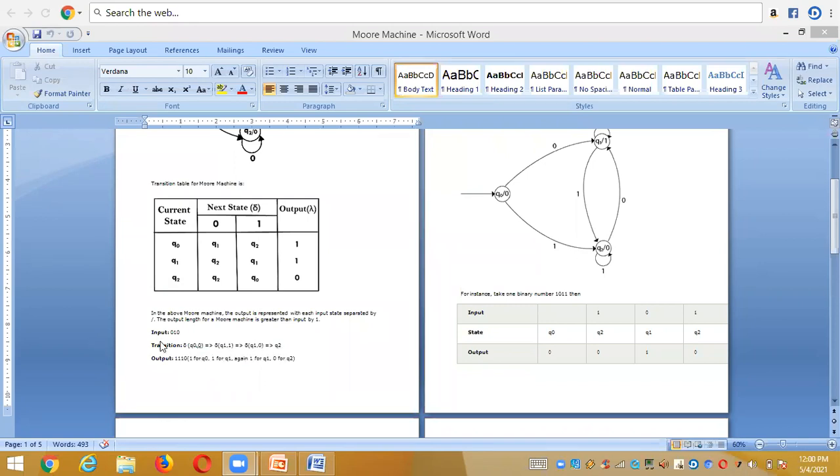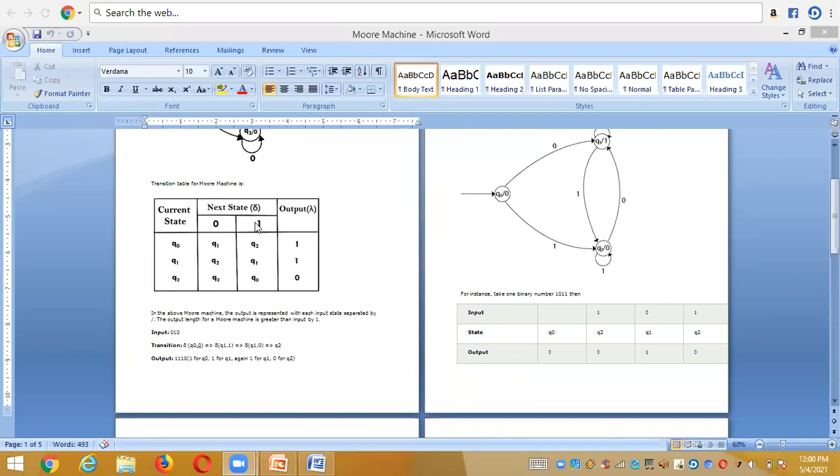That means the length of my output string is 4. Actually the input string length is 3. So here the condition of my Mealy machine was satisfied, so it is an acceptable string. In this way we need to check how to do the acceptance just by showing the transitions by taking an input like this, and after getting an output, checking the length of the output, you need to show that the output length for a Mealy machine is greater than the input length. Right, it is clear to you all.